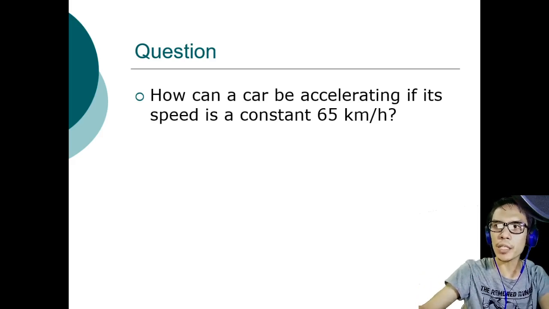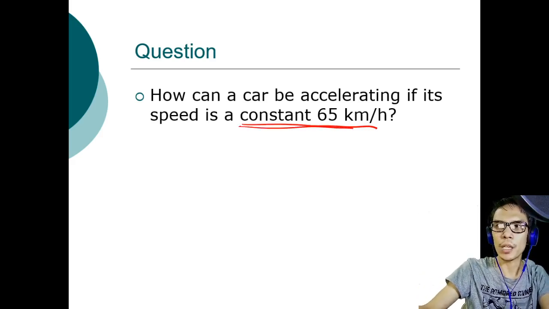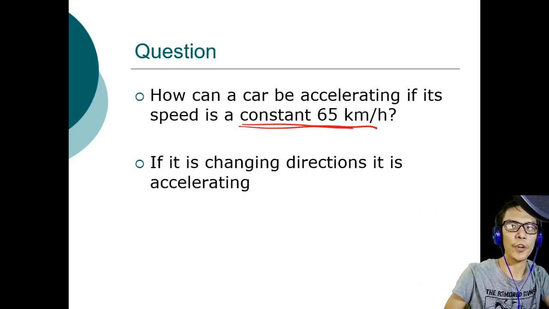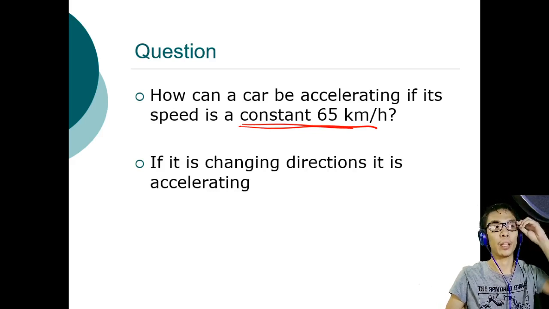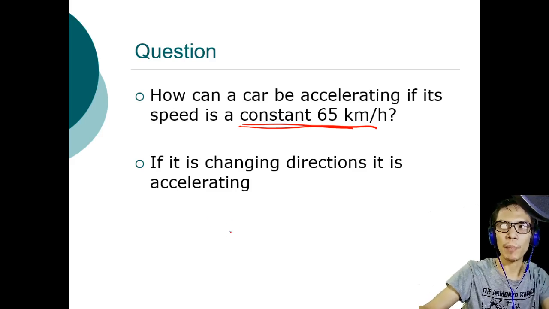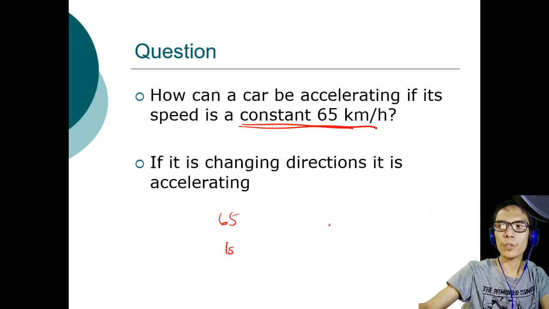Now, if the car is at constant speed, then the car is changing direction. So the car is changing direction, therefore it is accelerating as well. It is accelerating. So it starts at 65 kilometers per hour,